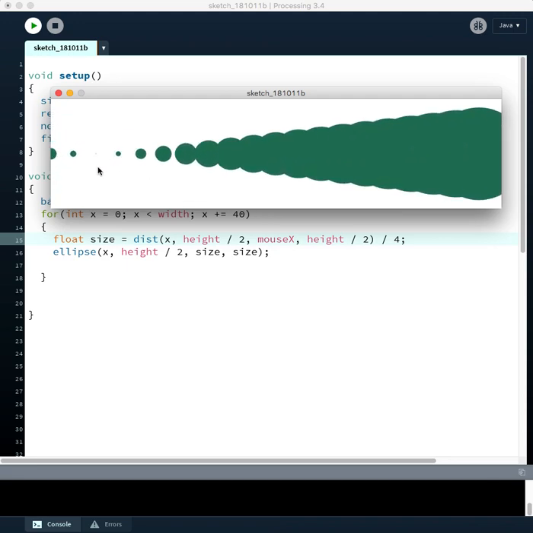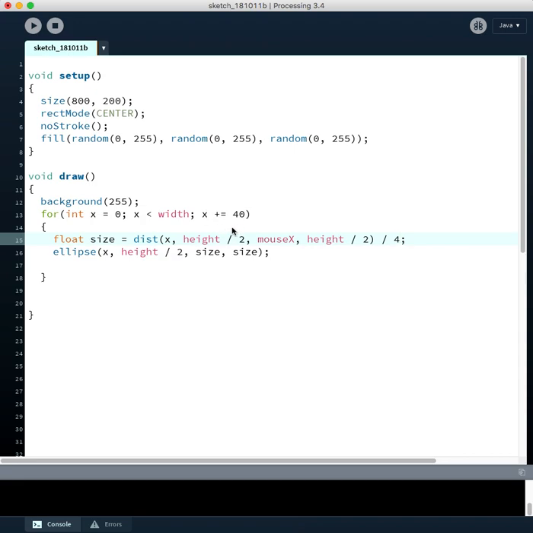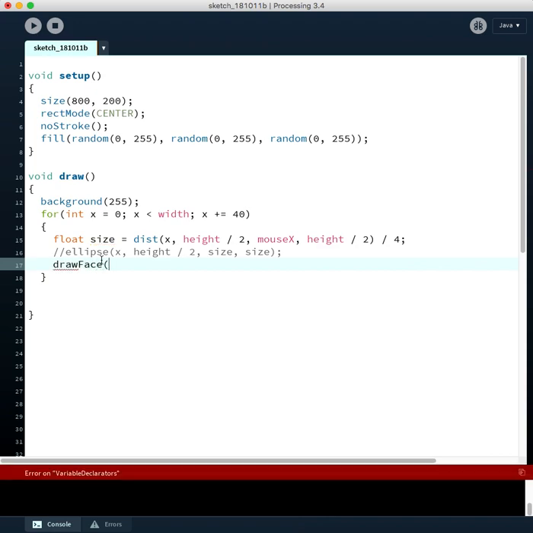I have a function down below called drawFace, which, believe it or not, draws a face. So I'm going to comment this out now, and I'm going to use my drawFace function, and I'm going to pass my drawFace function what it asks for, which is an x-coordinate, a y-coordinate, which we're going to say is halfway down the screen, and a size coordinate. And then it'll take care of drawing the face for us